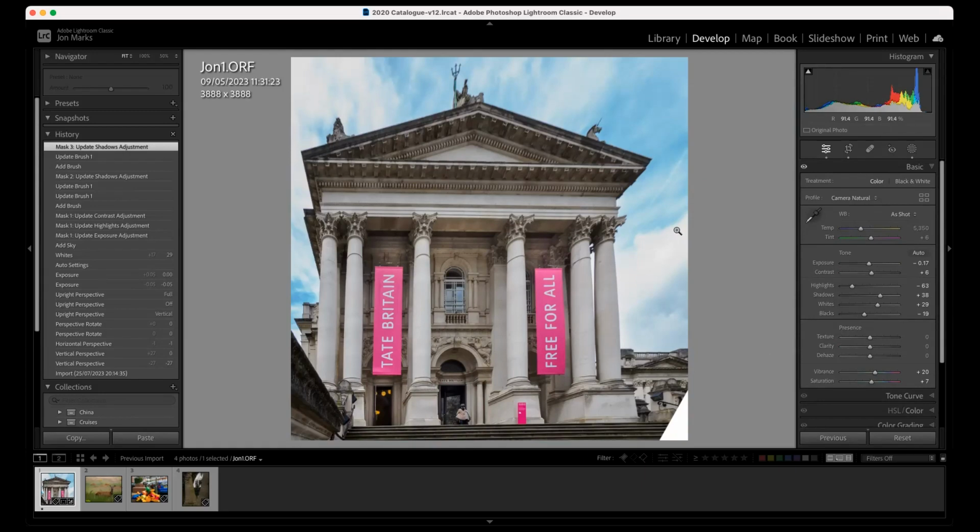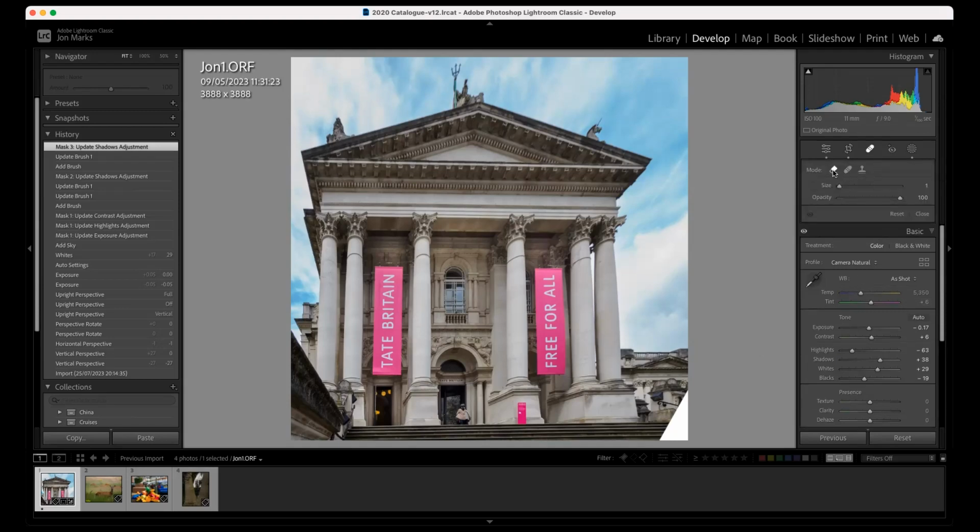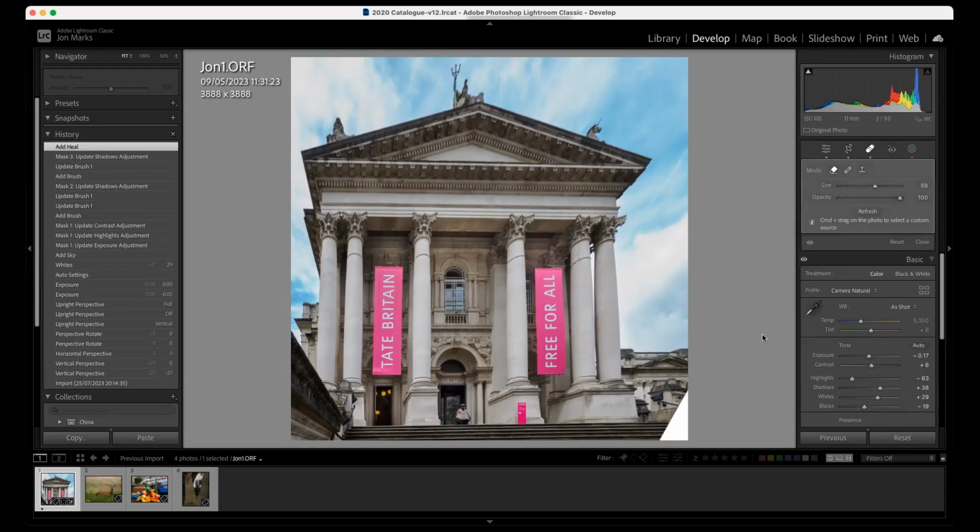Now, the only other thing that's relevant here is this bit here. So you can cut and paste in there. You've got the facility in here with these tools here. They're not brilliant. Make my brush a bit bigger. Yeah, it's not really going to do anything. But if you use the